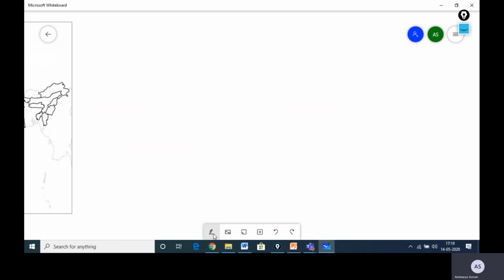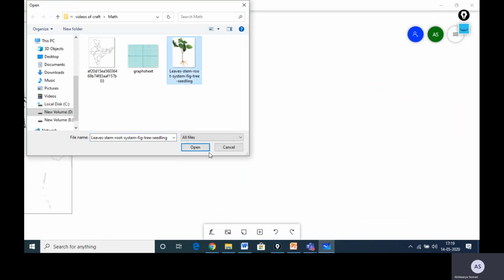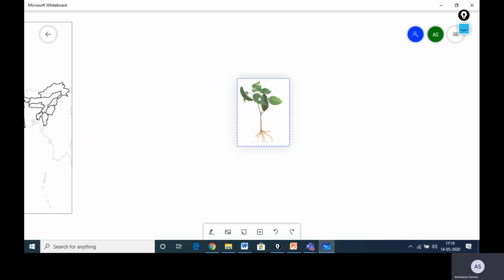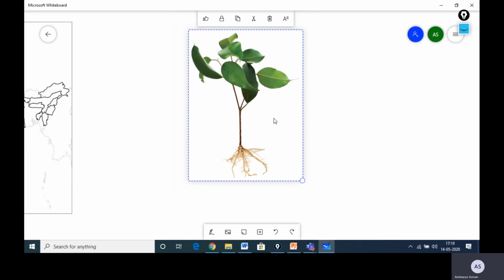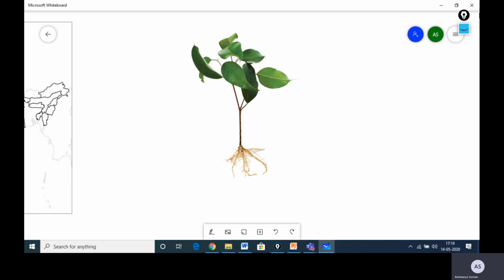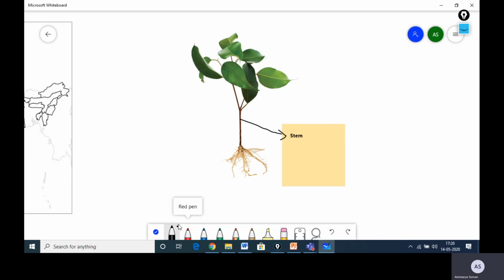Another thing is, again, go to add image. Science teachers, you want the students to name the parts of the plant that you can see on the screen. Again, invite the student that you want. What they can do is they can come down, insert a note, and they can just write, say, stem. Yeah, this is the stem, and just mark it. They can show it to you. This is the stem. So students can do this.